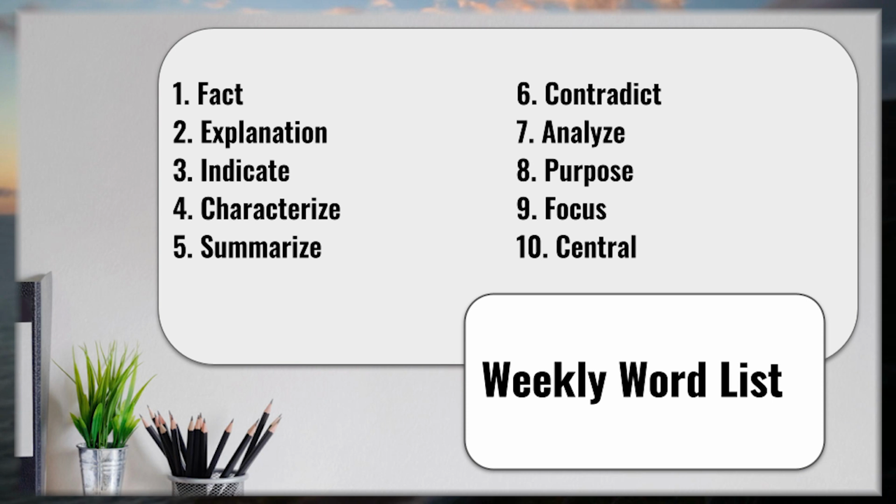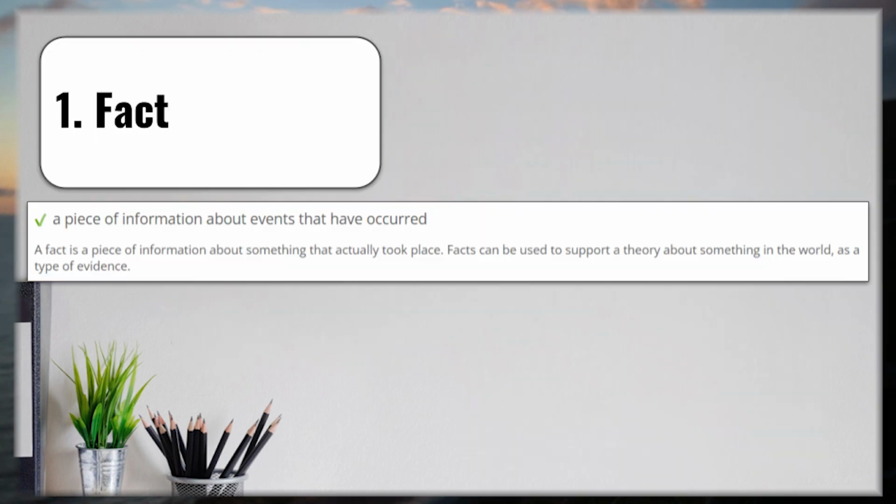Term number 1 is fact. Term number 2, explanation. Term 3, indicate. 4, characterize. 5, summarize. 6, contradict. 7, analyze. 8, purpose. 9, focus. 10, central. Now that we know our words and how to pronounce them, let's go ahead and begin looking at